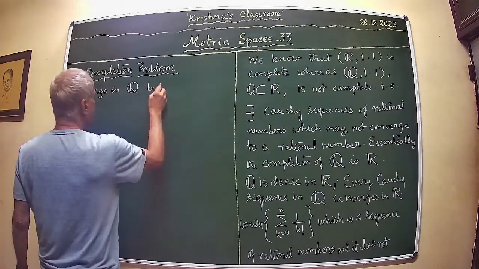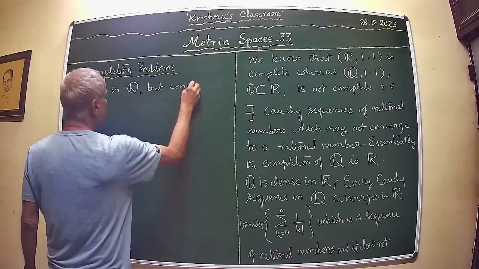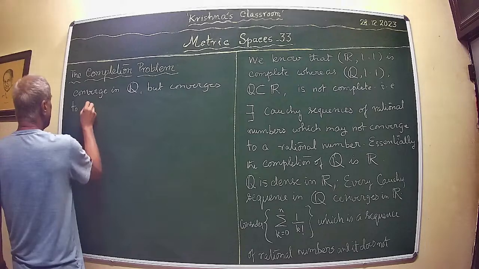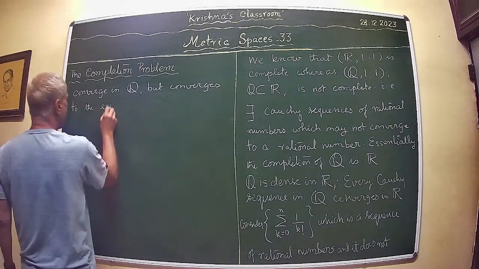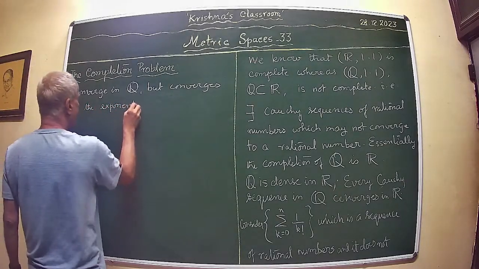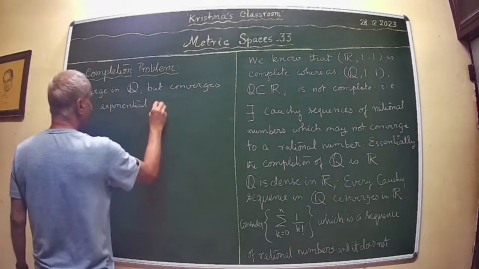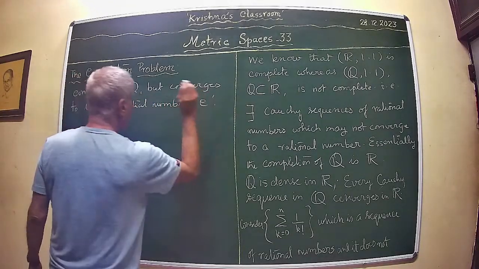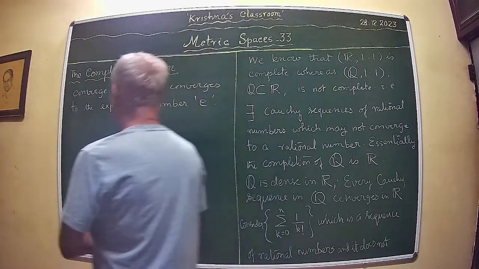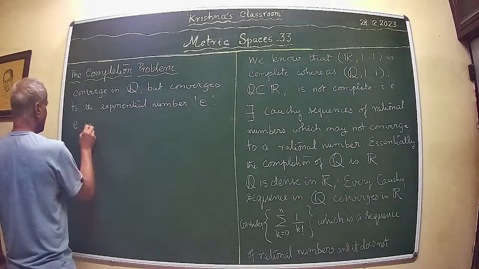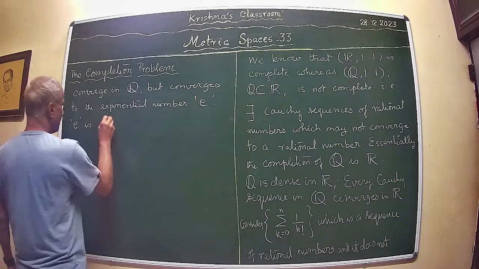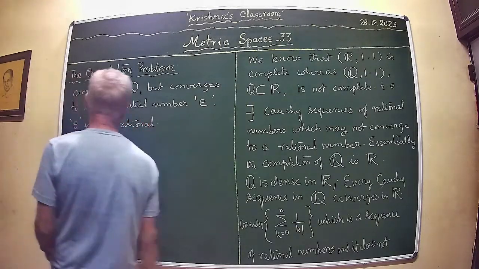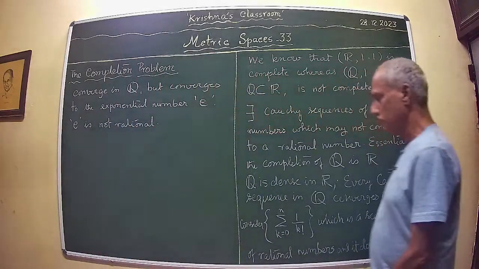But the exponential number E is not rational. So,